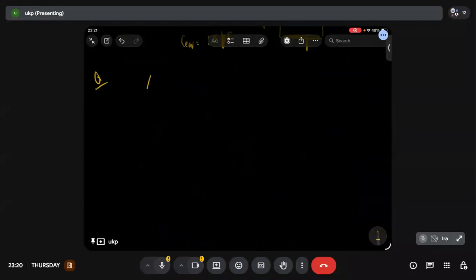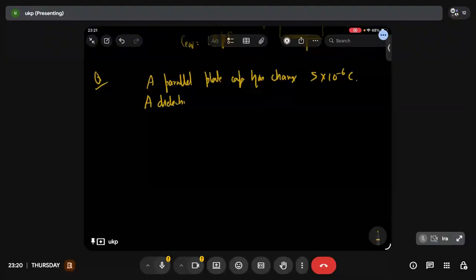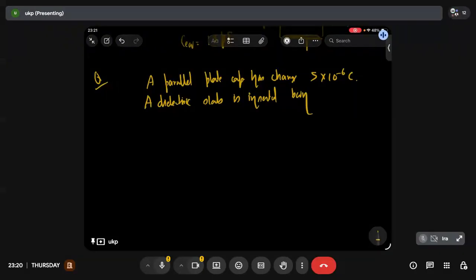The problem says a parallel plate capacitor has charge 5 into 10 to the power minus 6 coulomb. Full stop. A dielectric slab is inserted between, WhatsApp spelling मत लिखना, ठीक है? पूरा spelling लिखना, between. A dielectric slab is inserted between the plates